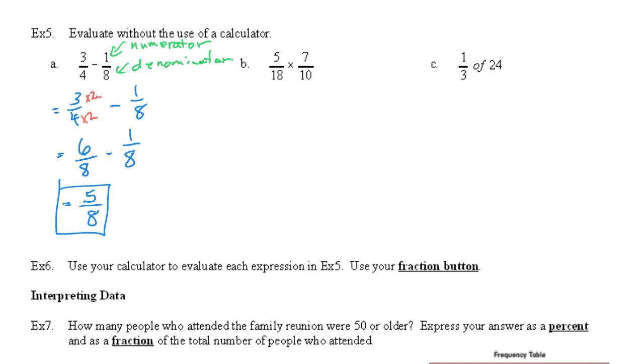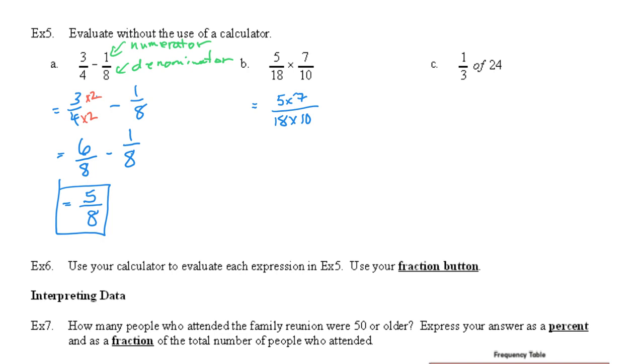For question B, we have 5 times 7 over 18 times 10. Well, what you can do is you can combine, because it's multiplication, it means multiply all the tops. So we end up with 5 times 7 divided by 18, and then times it by 10. Now, because these are eventually going to be two numbers which are on top of each other, it allows us